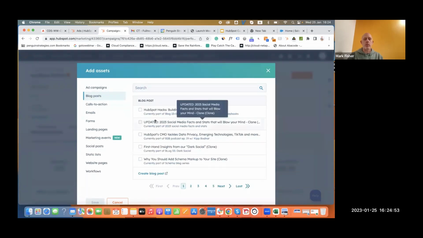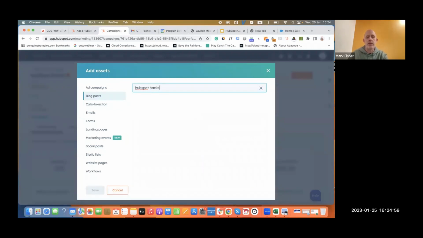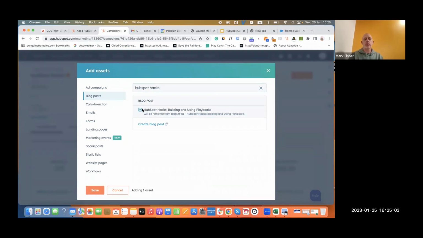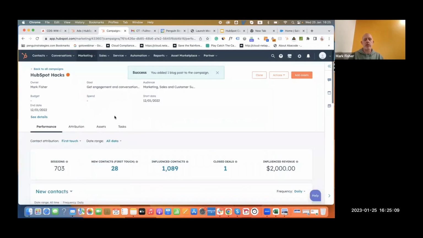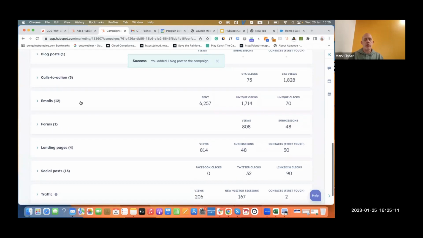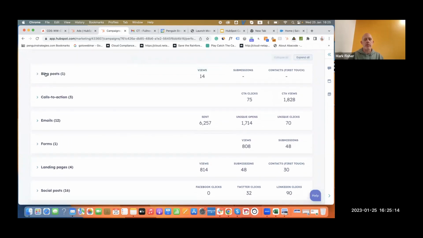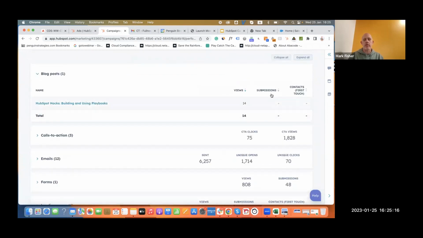Blog post, it shows me all my blog posts. So if there's a blog post about HubSpot hacks already, I'll be able to see it. Here we go, building using playbooks. I'm already connecting that, which should have been connected. Now we're good to go. I've added an asset now, so that information around blog posts will already start coming through. Look at that. It's already connected, and views, and